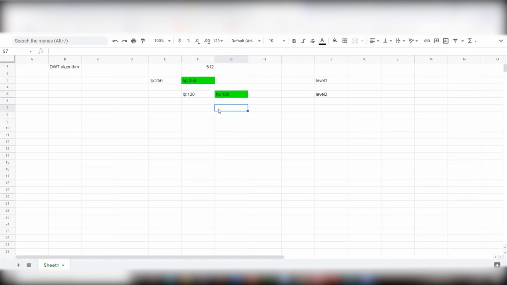Here we'll be applying again low pass and high pass. Low pass will give 64. High pass will give 64. We'll be discarding that and we'll be taking this. And again, we'll be applying low pass and high pass to these 64 samples. Low pass of 64 is 32. High pass of 64 is 32. So out of 256 samples that are present, we are gradually reducing. So here we got 32 samples. Then again, we'll be doing the same thing. Low pass 16, high pass 16.